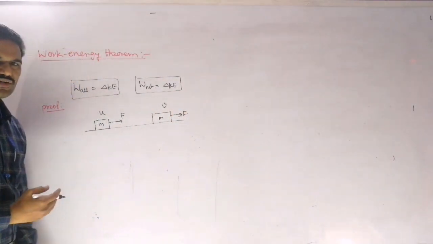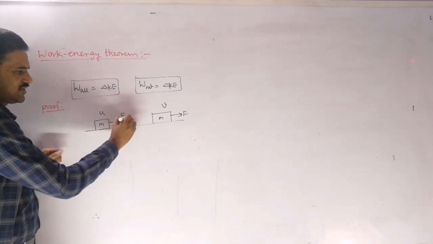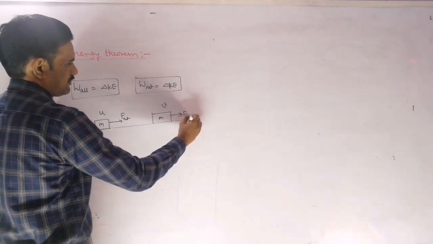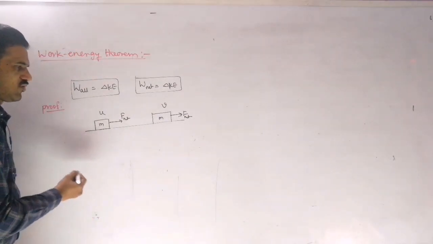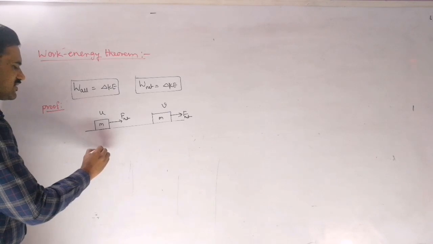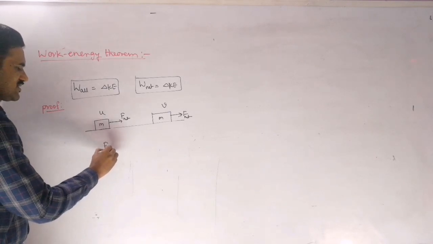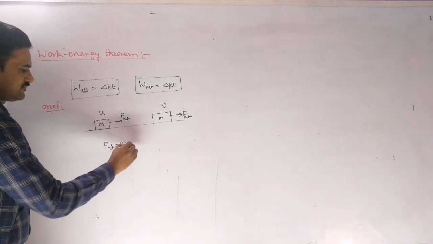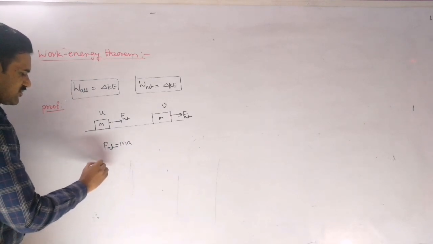So that is the thing we are assuming here. This is the net force here. I am taking this as the net force, right? And now the work done by this net force I am writing here. So the work done by this net force, I can write this as, so the net force is equal to MA. So now work done by the net force.